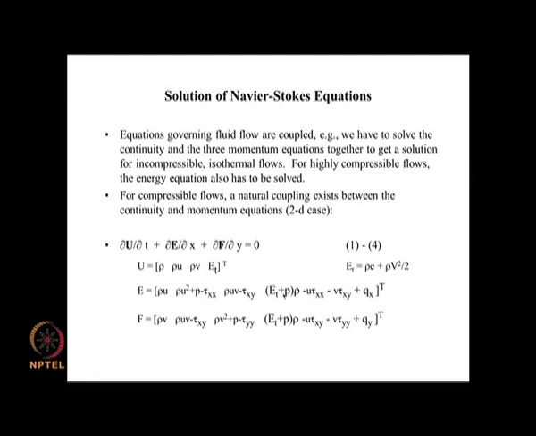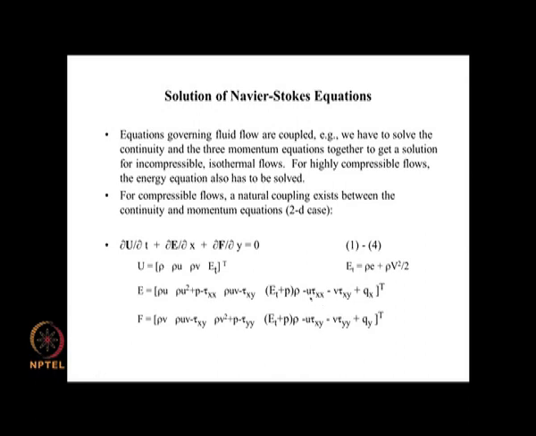plus p times, I think there is a u missing here. It should be ρu here and ρv here. So this is ∂/∂x of ρEt times u plus ∂/∂y of ρEt times v, and similarly ∂/∂x of pu plus ∂/∂y of pv, and